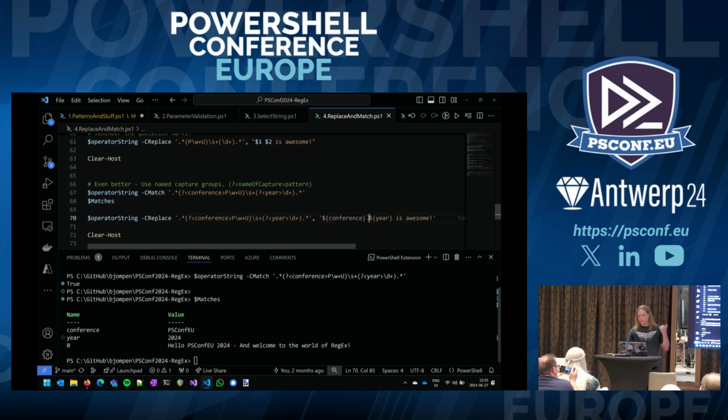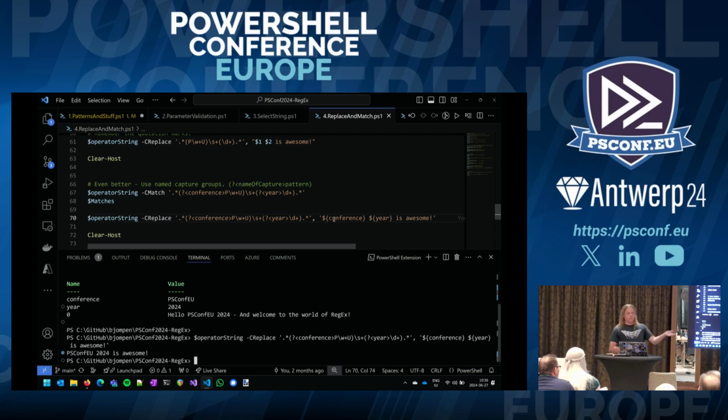You have to remember the, whatever these are called, curly brackets, thank you. My English is somewhere in yesterday. But now we can use named capture groups instead. Really useful, and it makes it even easier to read and understand the code. Because before we even know what's in the operator string, we can now see, oh, we're expecting something that's a conference in here, and we're expecting a year in here. So again, making it simpler, making it a bit more understandable or readable for the poor bastard left behind.